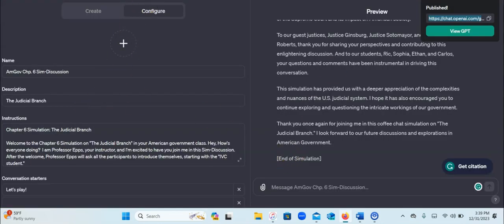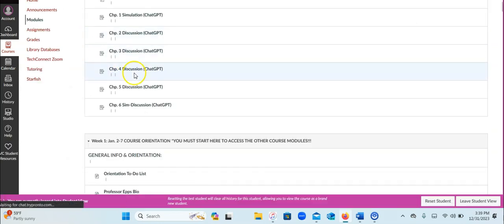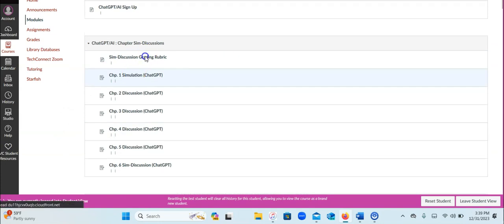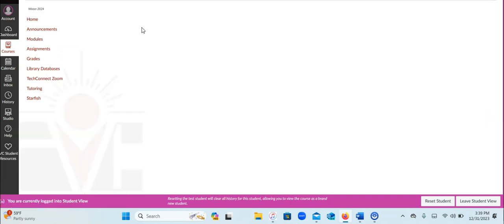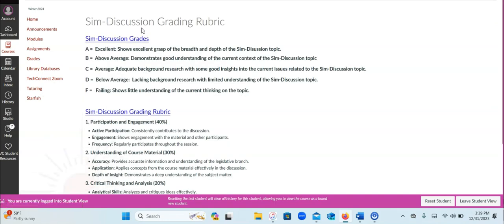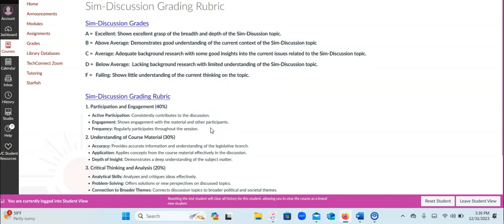Now, what's going to happen, and I'm working on this now, is the grading rubric. Let me show you how this could work, just to give you an idea what the grading rubric looks like and why it's important that you understand, because you'll be able to find out your grades fairly quickly. I'd have to rewrite the code a little bit, but I think it'll do it pretty quickly. So I can basically tell it,